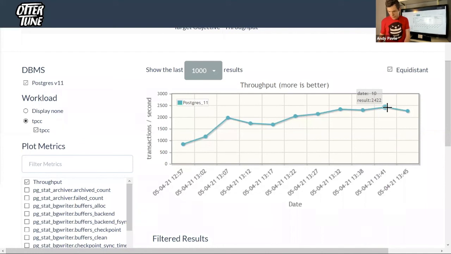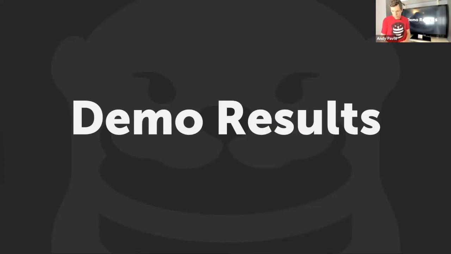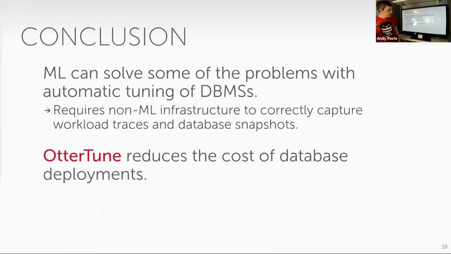Okay, so let's finish up, and then we can go to Q&A. So what have I shown you today? I hope I've convinced you that machine learning is a useful tool to help solve the tuning problem in database systems, at really large scale or really complex systems, or even simple databases, it doesn't matter. We think that OtterTune has shown that it can outperform what humans are able to do. This is just one database that I tuned, and I'm beating what Amazon gives you. But if you have a fleet of 10,000 databases, there's no one human who's going to have time to